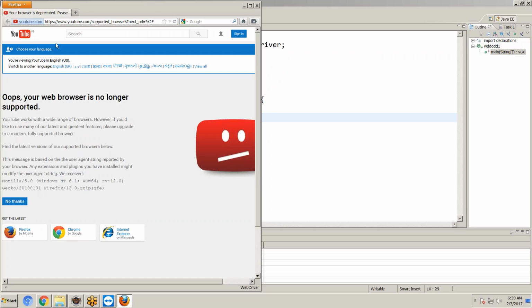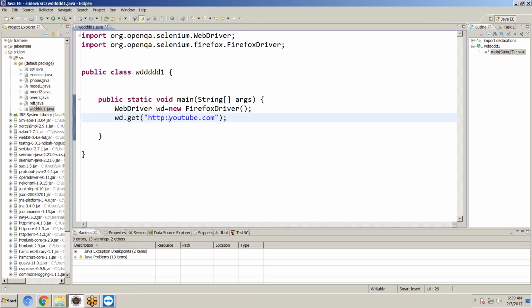So this is YouTube. It will open YouTube. If you want any site, for example akilreddy.com, it will open the Akil Reddy page. So there is no need of anything. WebDriver wd = new FirefoxDriver(), wd.get("http://akilreddy.com"). Without knowing anything, directly we can write the script and invoke that application. Whatever application you want, we can invoke here.